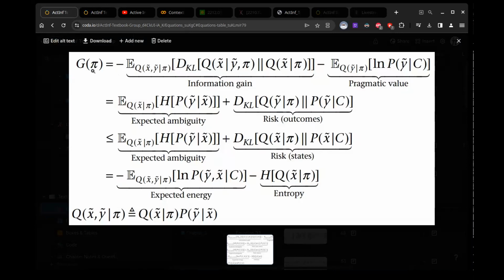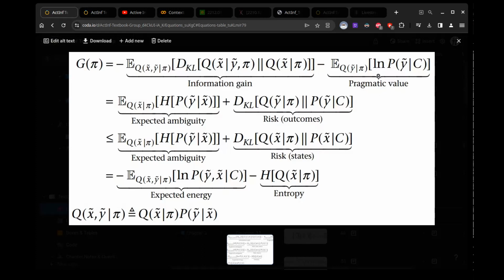So let's say that 2/3 of the time I turn left. That's my habit. If we just passed the prior on policy through, then action would be selected according to that ratio, 2/3 of the time going to the left. However, what expected free energy does is it sharpens the policy prior habit into policy posterior.